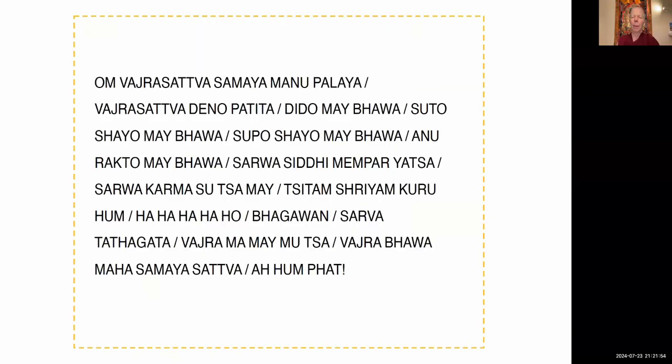Vajrasattva Samaya Manupalaya Vajrasattva Dina Patita Dida Meboa Sitokaya Meboa Sipokaya Meboa Anarakta Meboa Savasidi Mimpi Yatsa Sawa Kama Sita Me Sitam Shriyam Kuru Hum Ha Ha Ha Ha Ho Bhagavan Sawa Tatagata Vajramami Mutsa Vajrabawa Mahasamaya Satra A Humpe Vajrasattva Samaya Manupalaya Vajrasattva Dina Patita